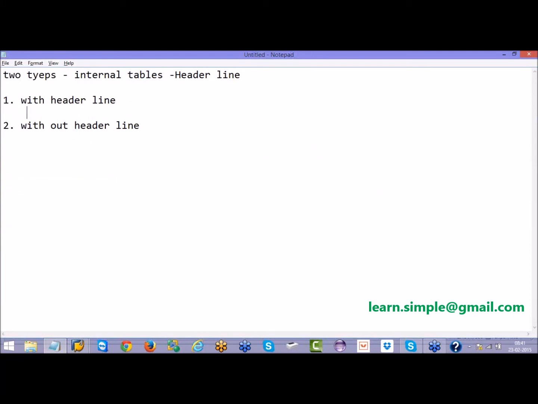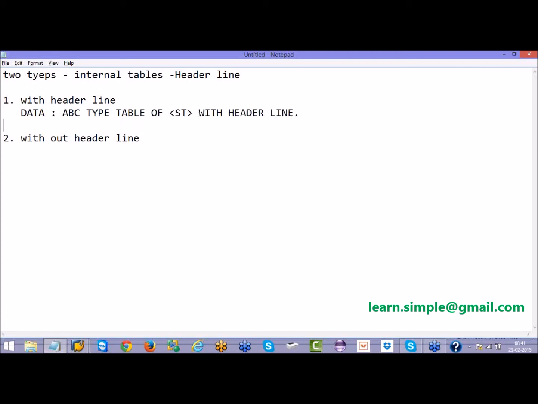The with header line syntax is generally like this: data, some internal table, type, table of, some structure name, and after that you should also say with header line. If you specify like this, it will become an internal table with header line. And if you specify only till here, then it is an internal table, but it doesn't have a header line.